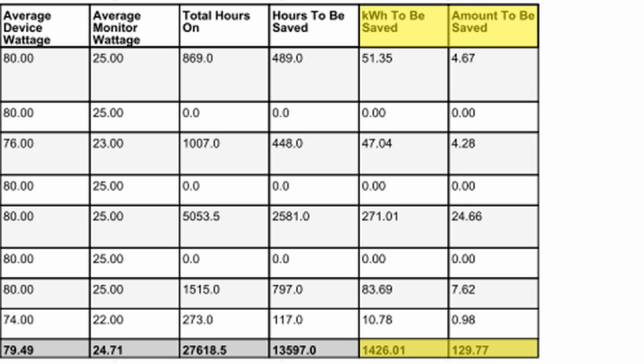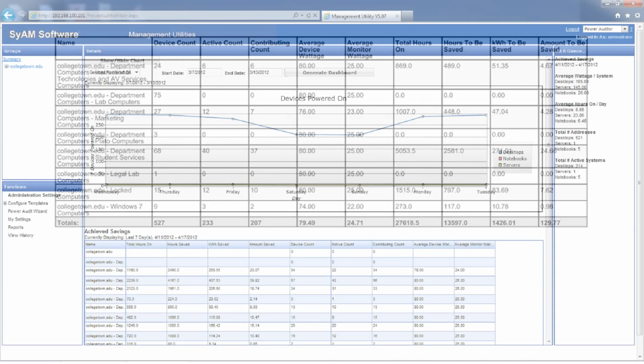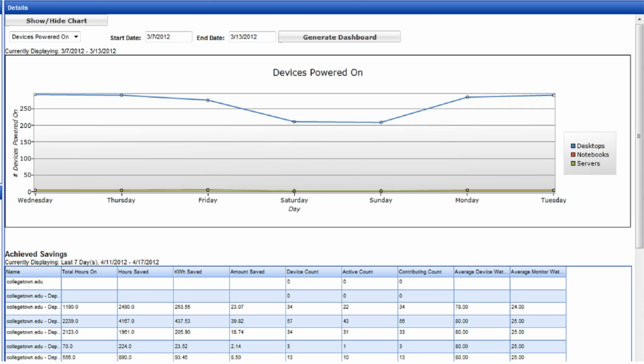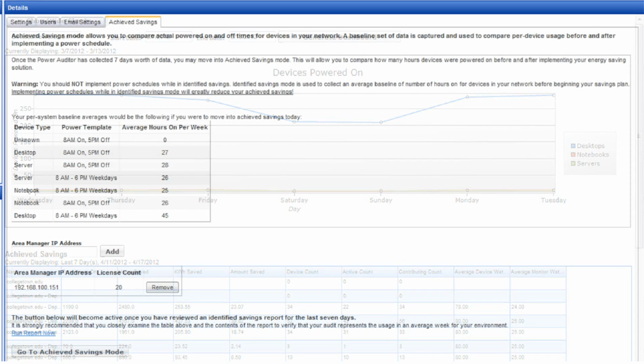That's how much savings you could realize if your systems were only powered on for the hours specified. It's how much you could save by implementing power management policies. Power Auditor collects the power on and off data from your systems for a minimum of 8 days. This baseline data documents what your systems are doing in the absence of an automated intelligent power management tool. Then, after reviewing the identified savings reports to see how much you can expect to save, you can move into